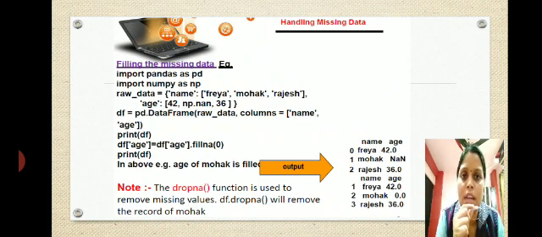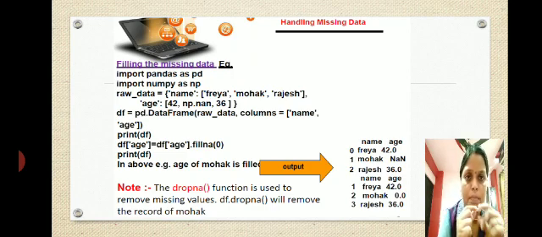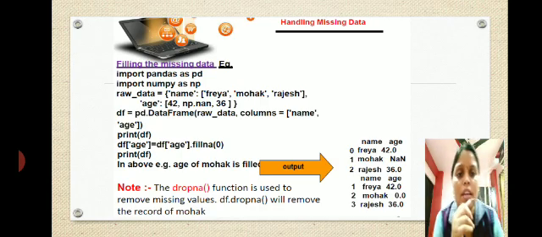Now this particular example is about handling the missing data. Here one dictionary is taken as raw data, and we give the columns by using the keyword columns as name and age, and the data of the dictionary is arranged that way in the data frame. Now when we are printing, what does fillna do? The fillna function fills wherever the age is NaN with 0. This function is used if you don't want to display NaN; you can display any particular number here, like fillna with 0. You can display any fixed age category also.